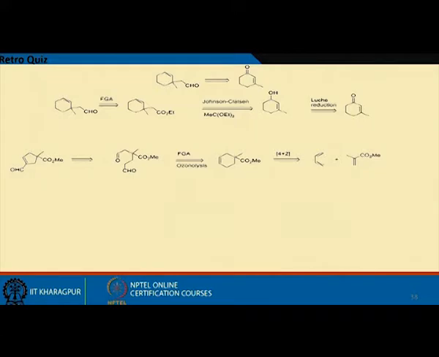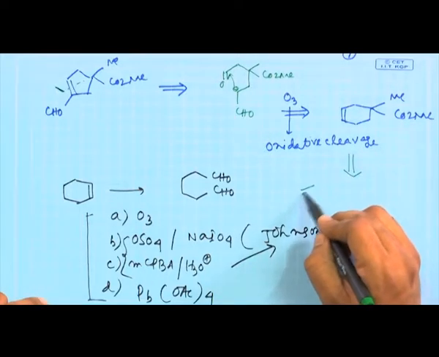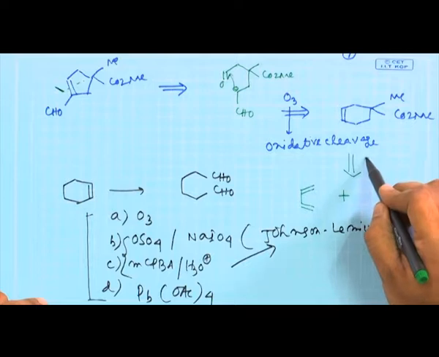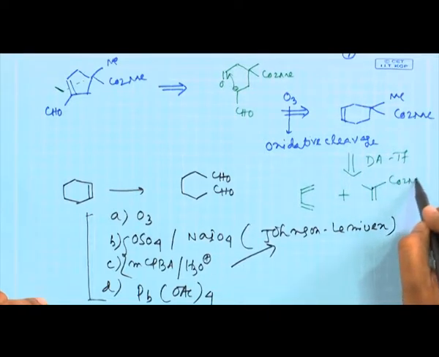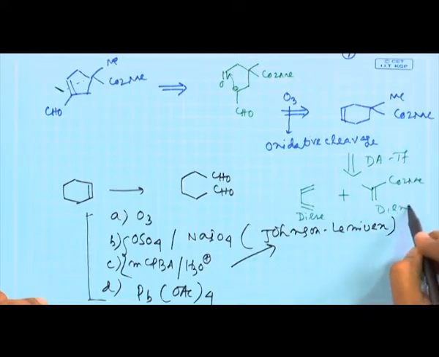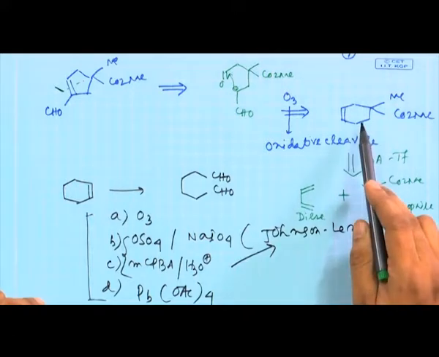Okay. So, now you are here. What will be the next, further retro? We have already shown in the slide. The next retro is simplifying it by a 4+2 Diels-Alder cycloaddition. So, this is your diene and this is your dienophile, methyl methacrylate, and if you can do a 4 pi plus 2 pi cycloaddition reaction, you can get the corresponding product, which is one of the intermediates.